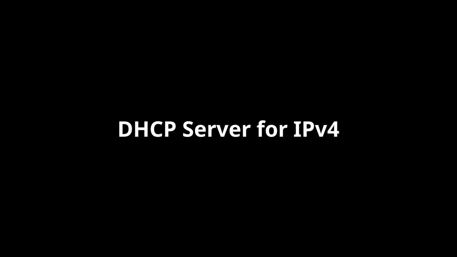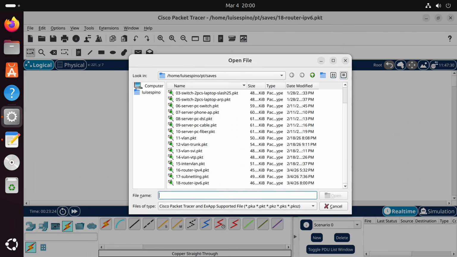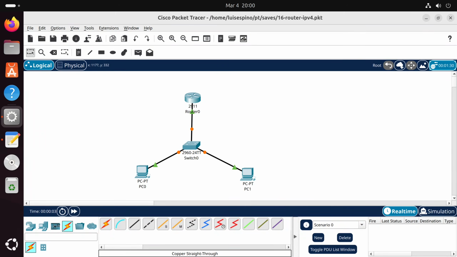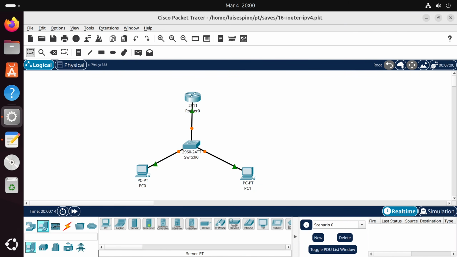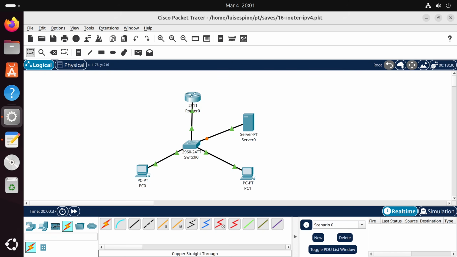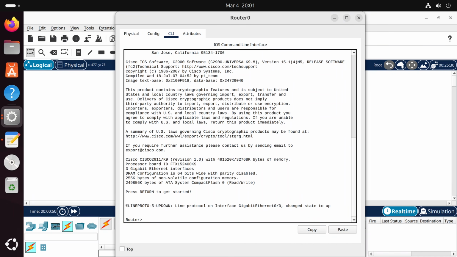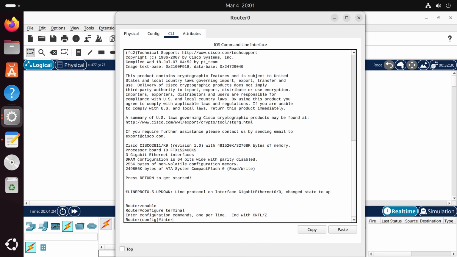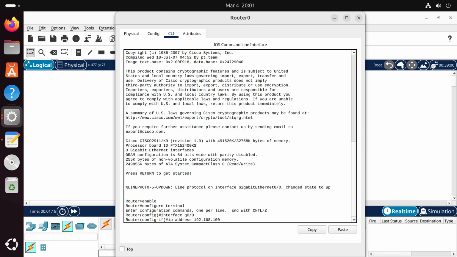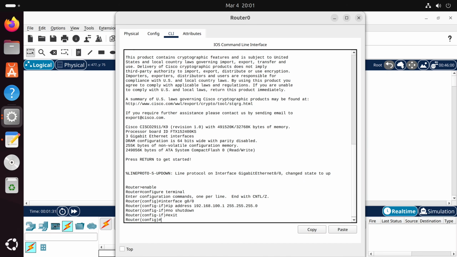In the fourth example, we will configure a DHCP server, which will provide Internet Protocol version 4 addresses to the connected computers. We reuse the topology of the first example. We add a server and connect it to the switch 2960 with a direct network cable. We enter the CLI of the router, we enable, configure the terminal, assign to interface G0/0 the address ending in